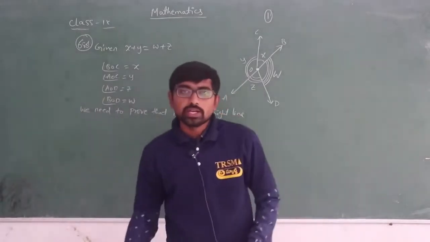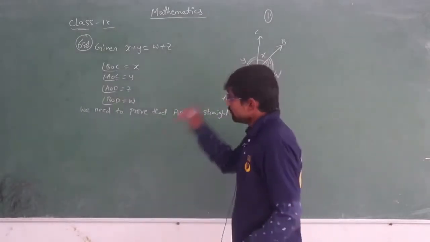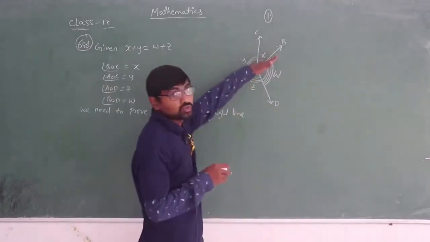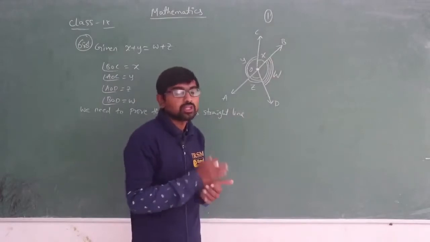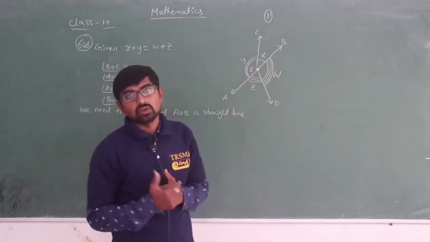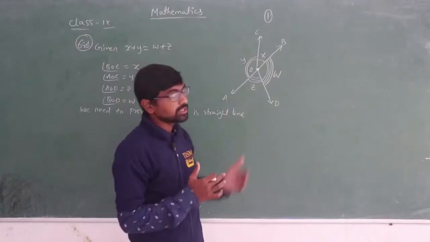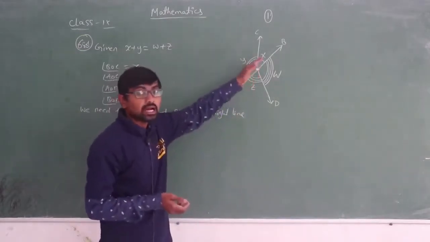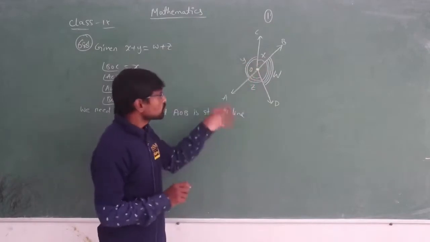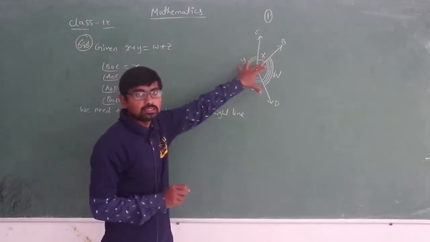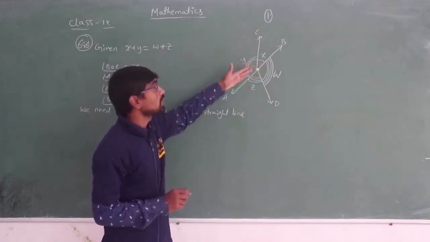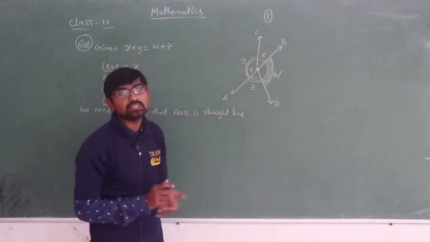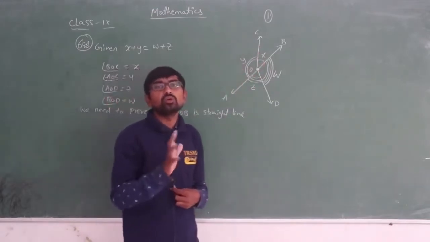Listen carefully. Till now, the question gave us that some line is a straight line, and we had to find the values of the variables or angles. But now the angles and also a line are given, and through the angles we need to show the line is straight. Directly, by seeing, we can say that AOB is a straight line, but we want to prove it.